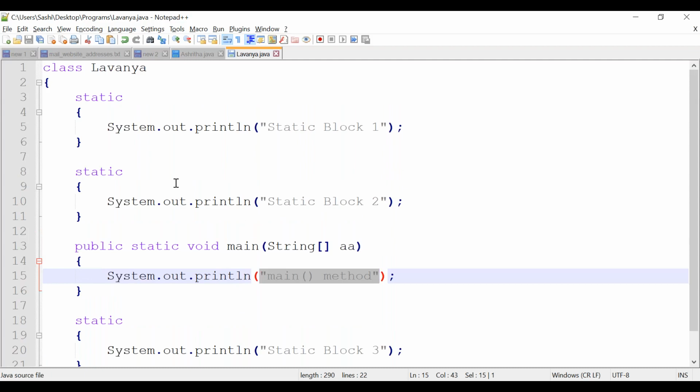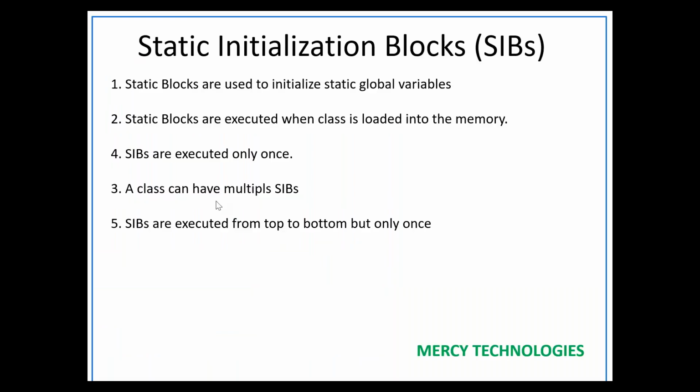We just experimented with 2 programs to understand the order of execution. When can a static block be executed? We have seen these points, right? We have seen second, third, fourth, fifth, all 4 points. Static blocks are executed when the class is loaded into memory, and static blocks are executed only once.